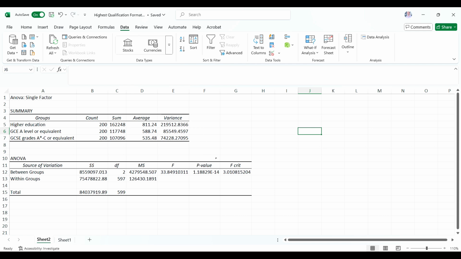Now the bit that we really need to worry about is either the F statistic, this is the F statistic relating to the test, or the p-value. Now, this p-value is the probability of getting an F statistic at least as impressive as the one that we've seen if the null hypothesis were true. Now, the p-value that we've got here is 1.188 times 10 to the minus 14. So that's a very small probability. That's telling us that the likelihood of getting an F statistic of 33.849, if our null hypothesis were true,